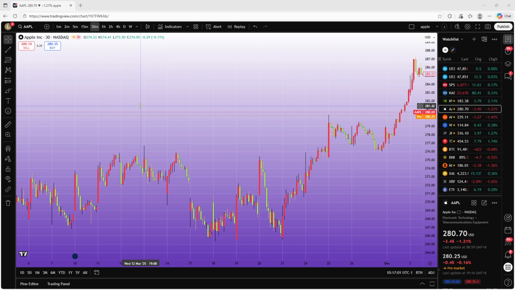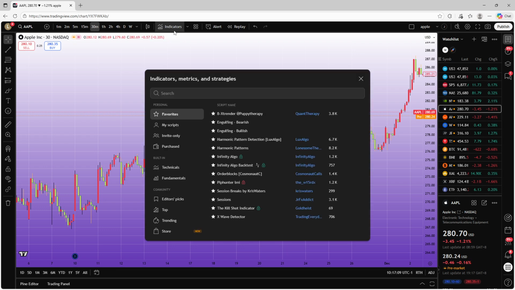Once your chart is open, look towards the top of the screen for the Indicators button. On most layouts, this sits near the middle of the toolbar above your chart. Go ahead and click on Indicators. This will open up the main Indicators and Strategies window, where you can search through all the built-in tools and